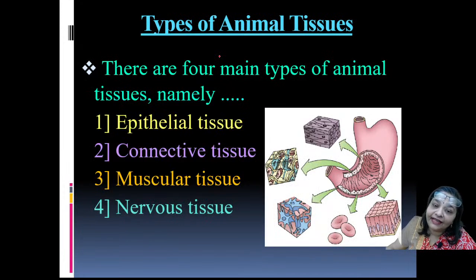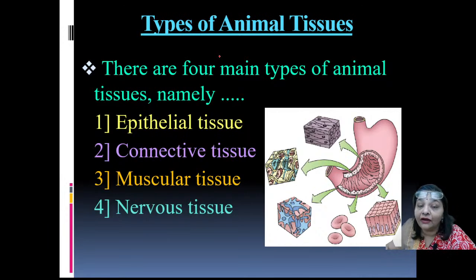Okay, now let us see the animal tissues. We now know that animal tissues are made up of animal cells, and we also learnt about 4 different types of animal tissues, which are the epithelial tissue, which is the simple animal tissue, the connective tissues, muscular tissues, and nervous tissue. All these 3 are complex types of tissues. Okay, let us